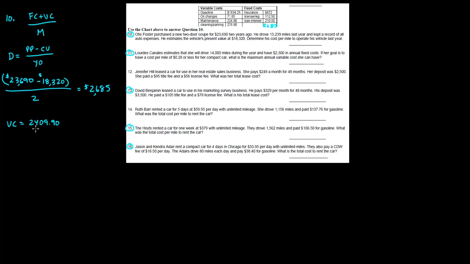And then I have to add up all of the fixed costs. So remember, now I've got to consider the depreciation cost. So I'll go 2685 plus the 210 plus the 11250 plus the 872, and I get a total of